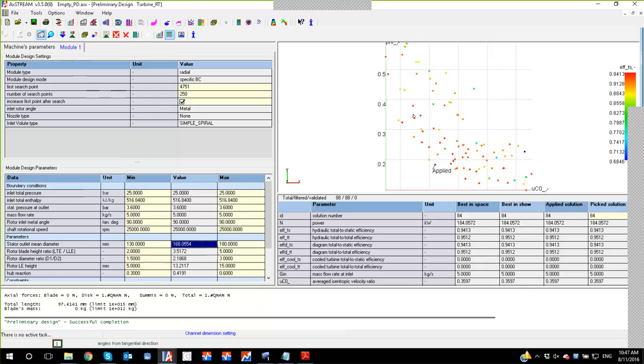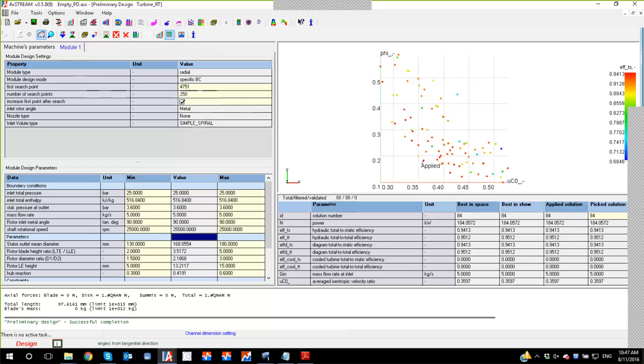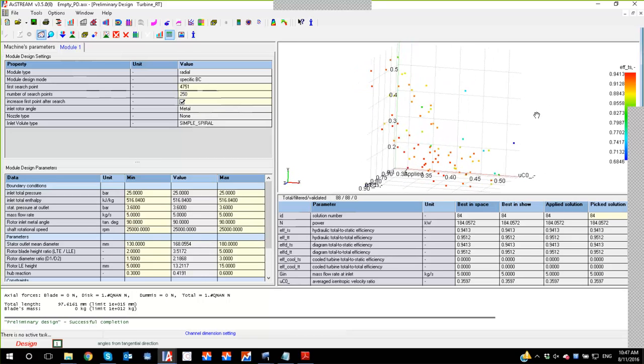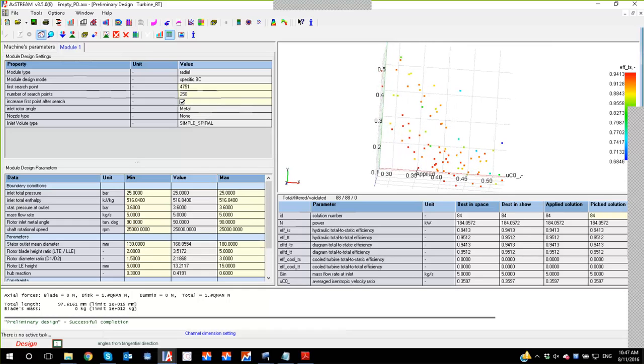So here what I did was to generate 250 different radial turbine geometries, out of which 88 actually fit the constraints that are specified at the bottom here. So this means that on the 3D plot right here, we have 88 different points. Each of these points is going to correspond to a completely